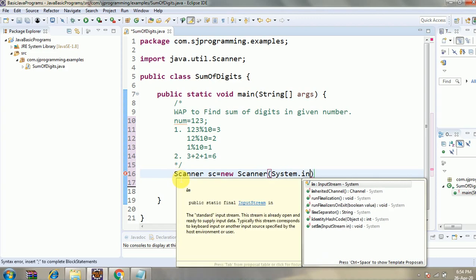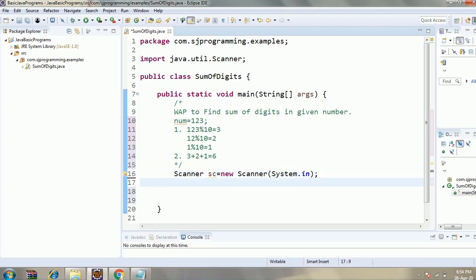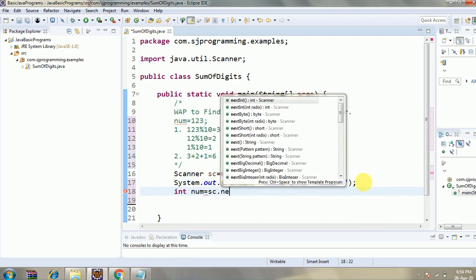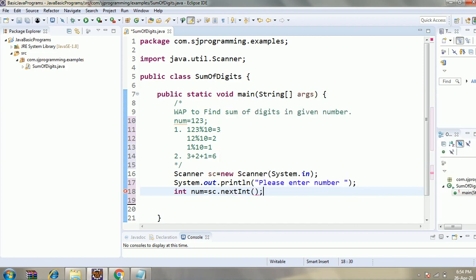Here we will write one message for the user: Please enter number. So int number is equal to sc.nextInt().